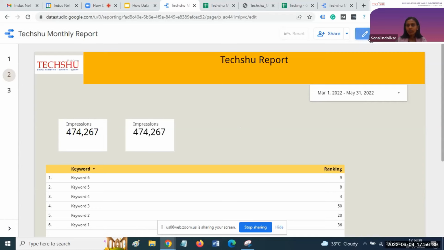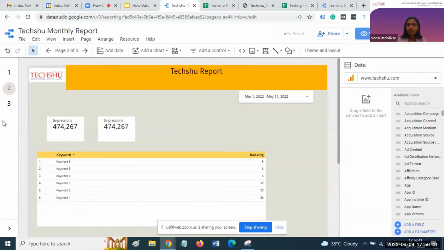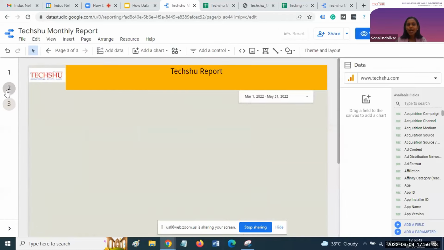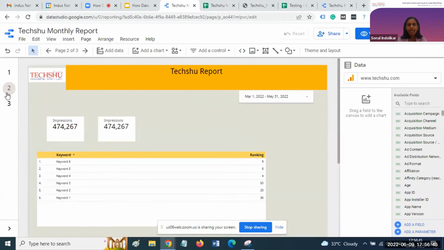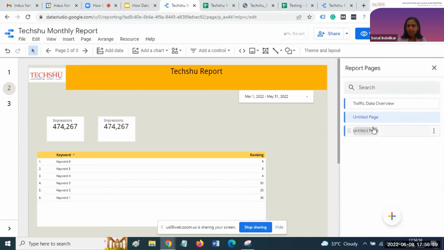Also, there is one more advantage of view options. For example, if you want to hide a particular slide that you have created for raw purposes, and you don't want to present that slide to your client, there is a hide option available. Through the hide option, we can do this over here.